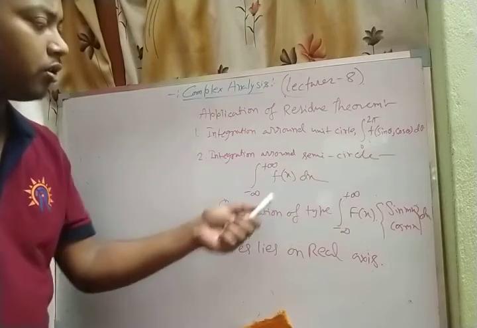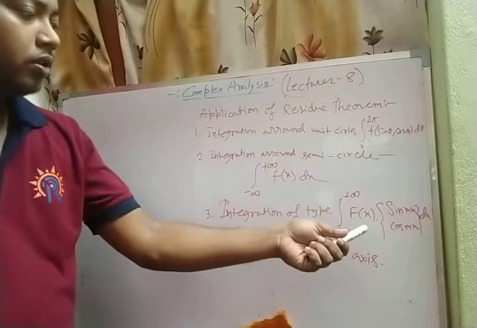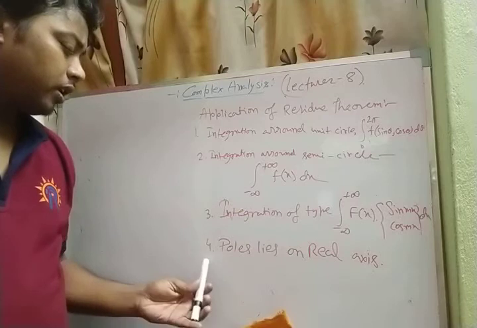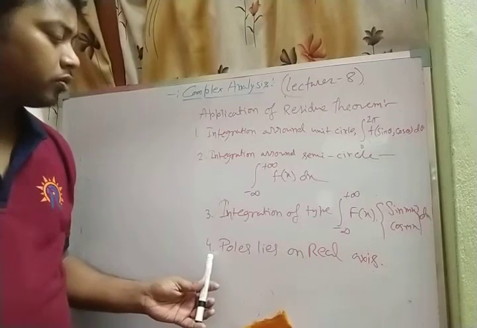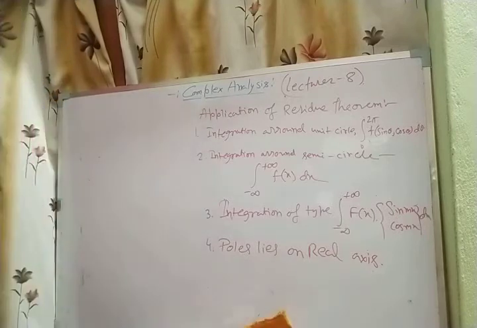And next is the mixture of function of x and function of sin theta and cos theta. So it is also from minus infinity to plus infinity. And the last integration, we are discussing the poles which lie on the real axis. So